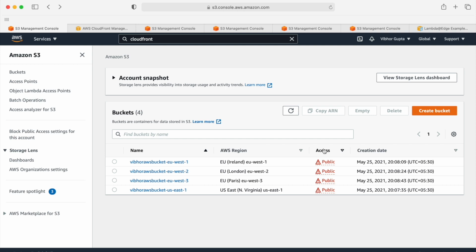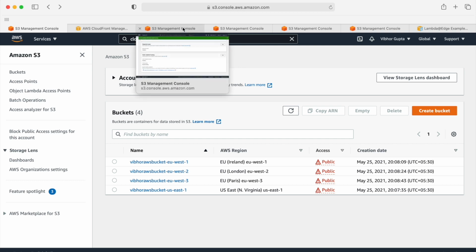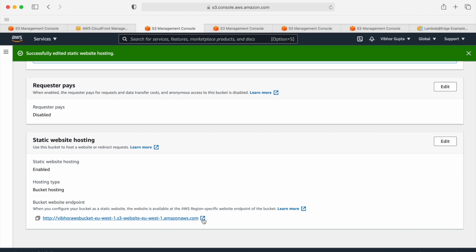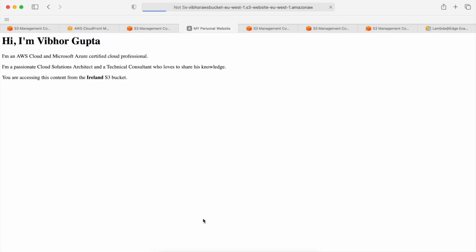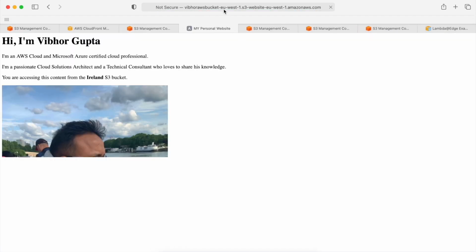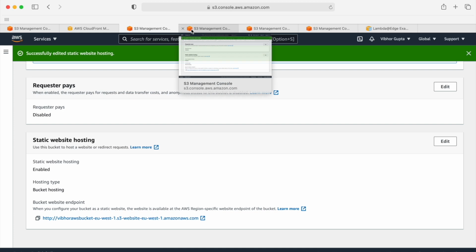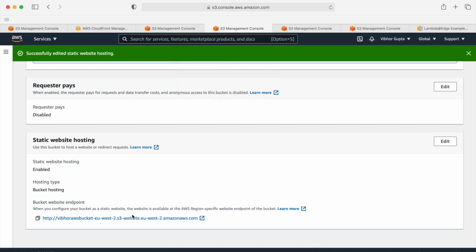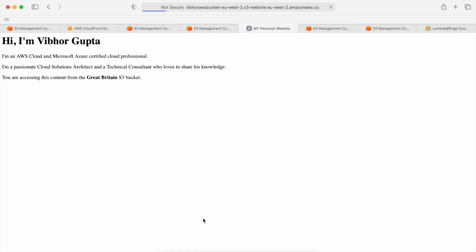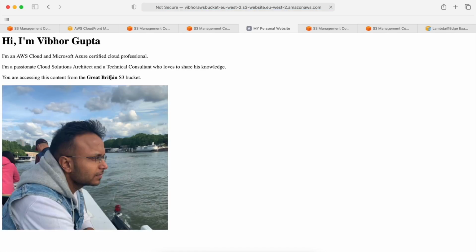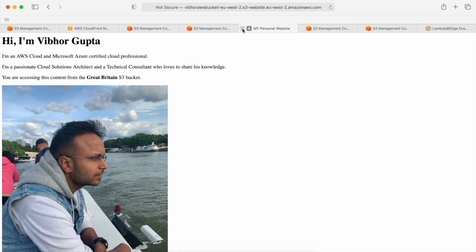Now let's try whether our static hosting is working or not. Click on a bucket, scroll down and click on the link. If you see, this is EU West 1, which represents my Ireland region, so it's correct. And this one is EU West 2, which should represent the UK region, and it represents my Great Britain region, that is also correct.